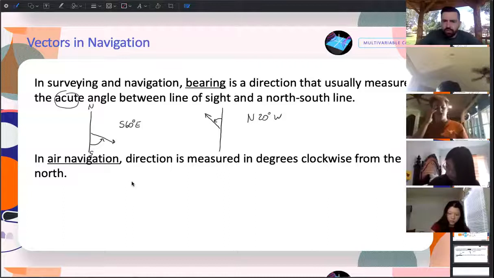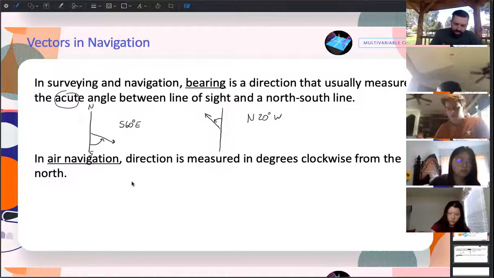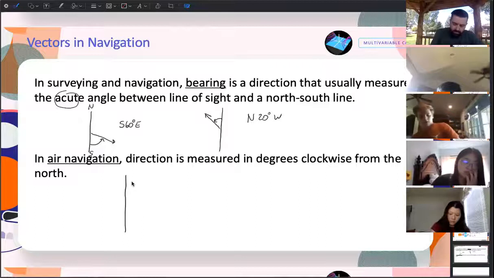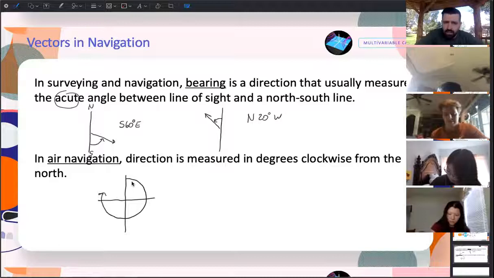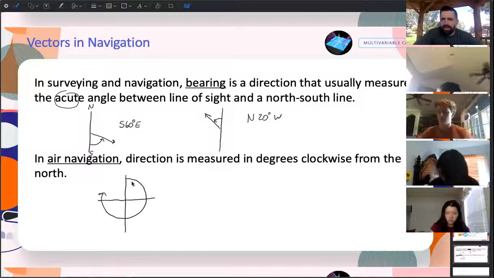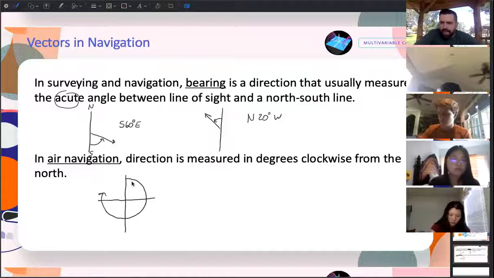So some things will use that. Air navigation is always from the north, clockwise. So they will always choose to measure this way in air navigation. They did not choose to use the mathematical standard, which is fine. So just be aware of that. I'm not a huge stickler on which one you choose to use. If I don't specify that it's air navigation or bearing or something like that, I'm using the math one from the positive x-axis around. All of our formulas are from the positive x-axis around.